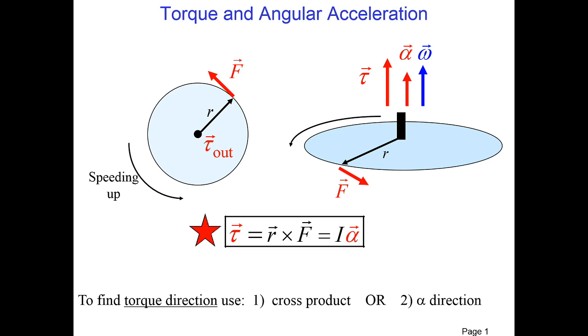To check this, we can use the right-hand rule for torque. Our index finger is pointing up and to the right, our middle finger, the force, is pointing up and to the left, and that means our thumb is pointing out of the page. So the torque is pointing out of the page, as is the angular velocity. The torque is also the direction of the angular acceleration, so they are both pointing in the same direction. If the torque and angular velocity are pointing in the same direction, then the rotation should speed up,